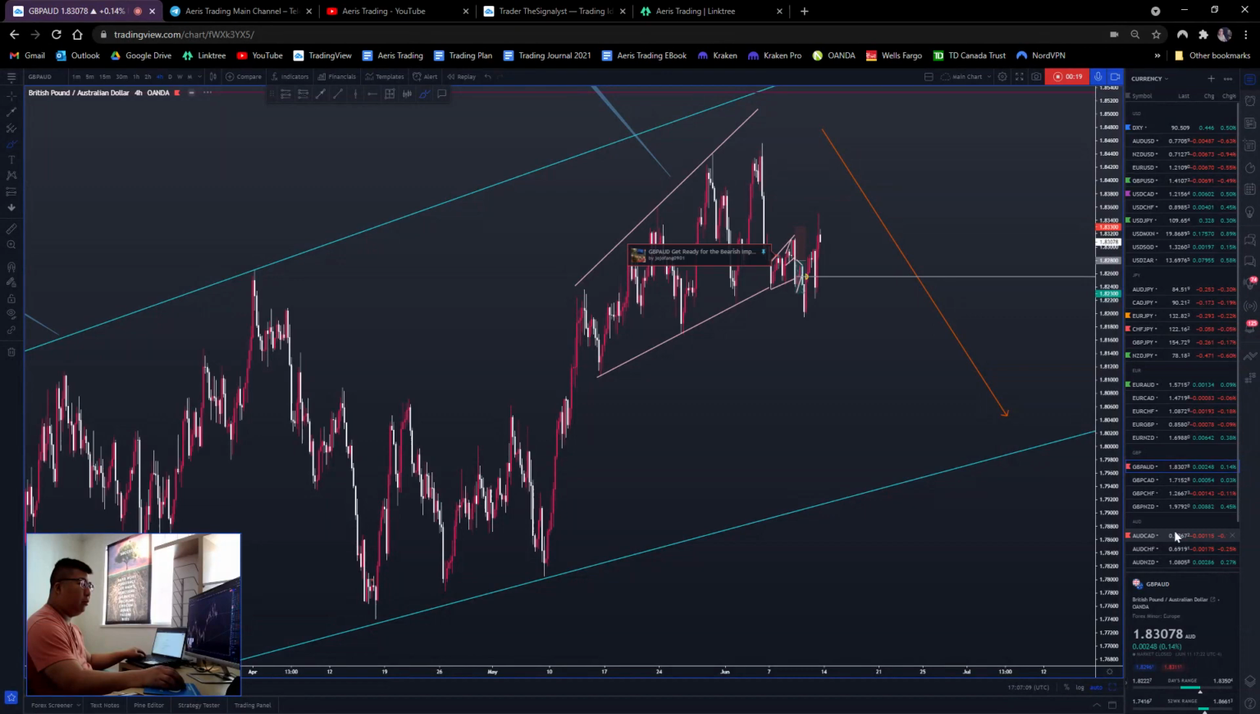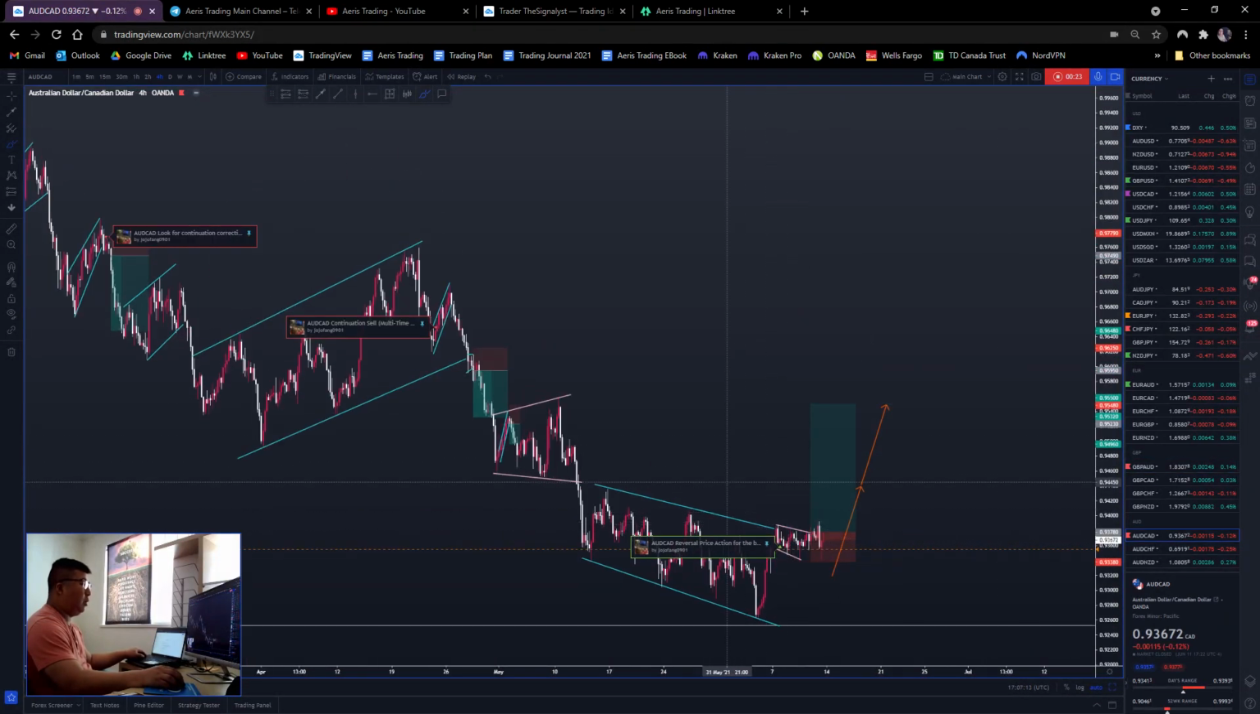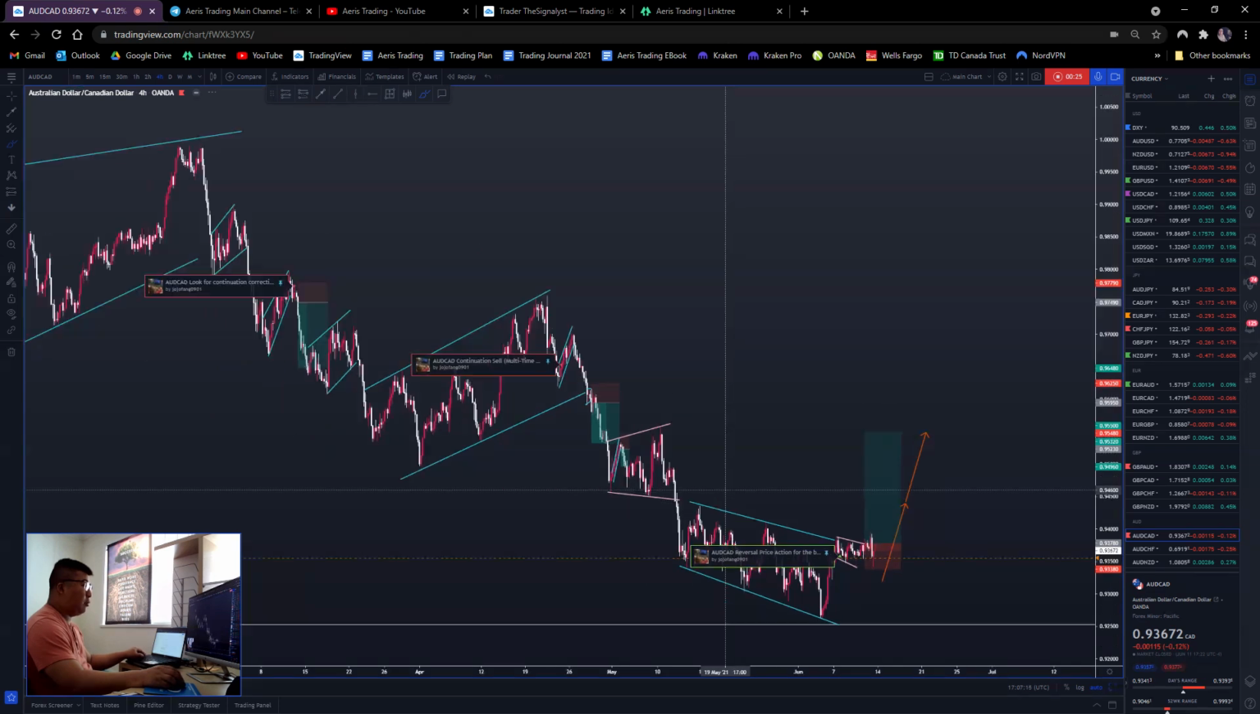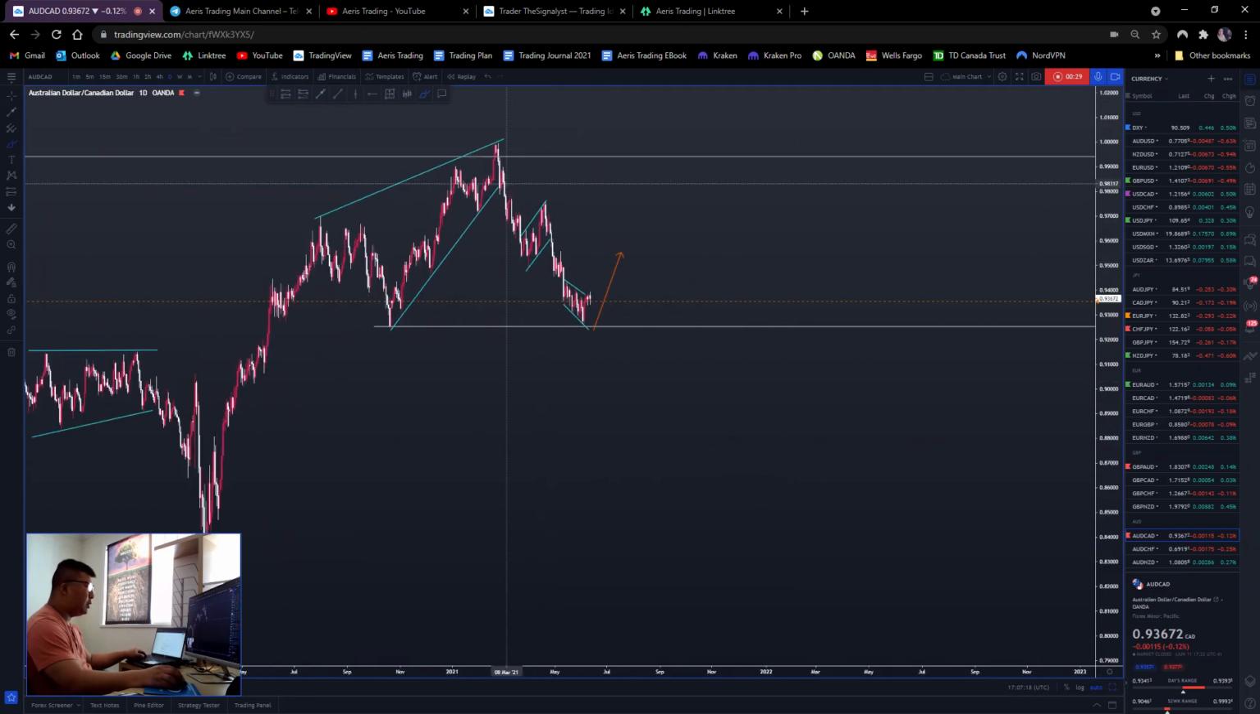So let's take a look into these three positions: my entry, my stop loss, management, target, and so on. So starting with Aussie CAD, if we start from the higher time frame here, you can see that the bearish